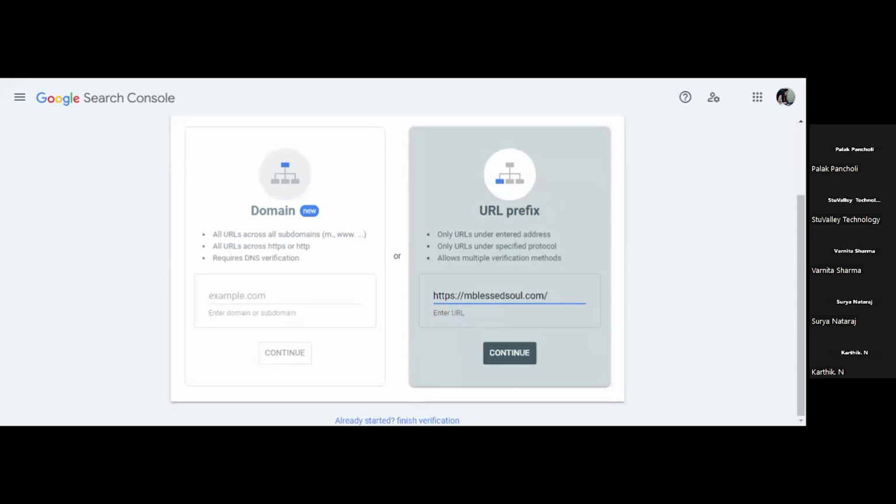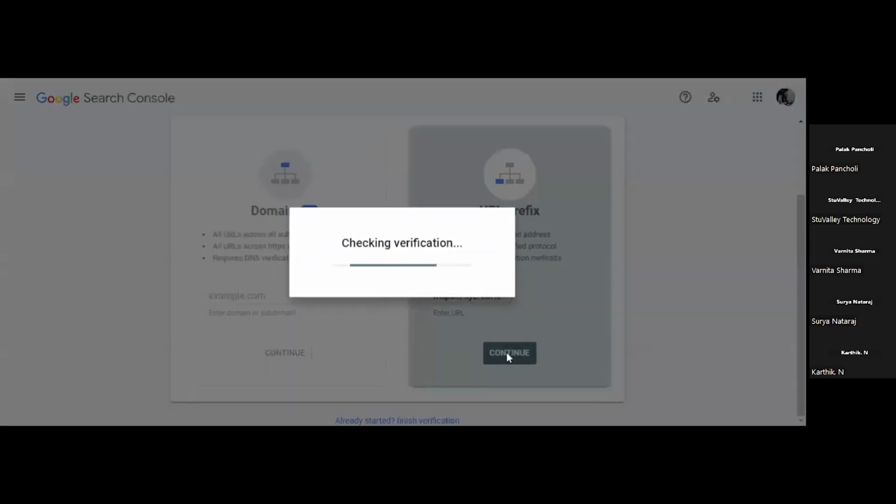This is available. XYZ. Yes, now it is complete. So https colon double slash, and your domain name, right? After writing this, continue.